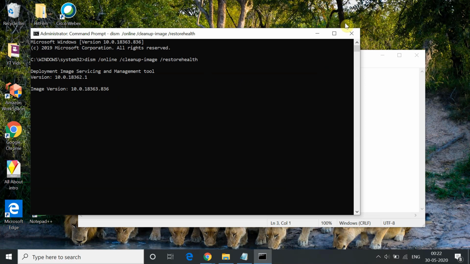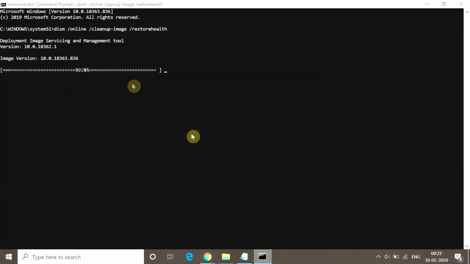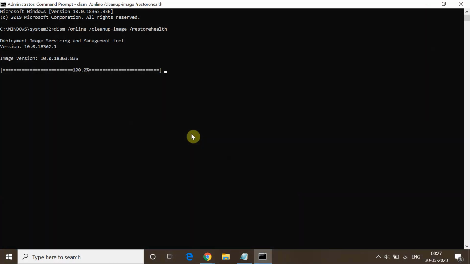For that, make sure that you have good internet connectivity so that it can restore all the important files in your system. This will end like this, and you will get a message once the 100% restore is completed. The message would be like this.